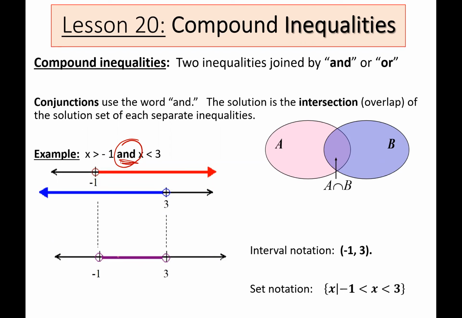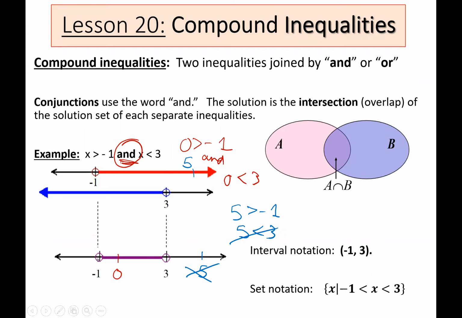For example, let's say the number 0. 0 is greater than -1 and 0 is less than 3, right? It fits both of those descriptions, so it's included in the solution set. Another example, how about the number 5? 5 is greater than -1, but 5 is not less than 3. 5 is all the way over here on the right side, so it is not included in this final solution. The solution set, again, is the numbers that are greater than -1 and less than 3. And visually, what that looks like is the numbers essentially between